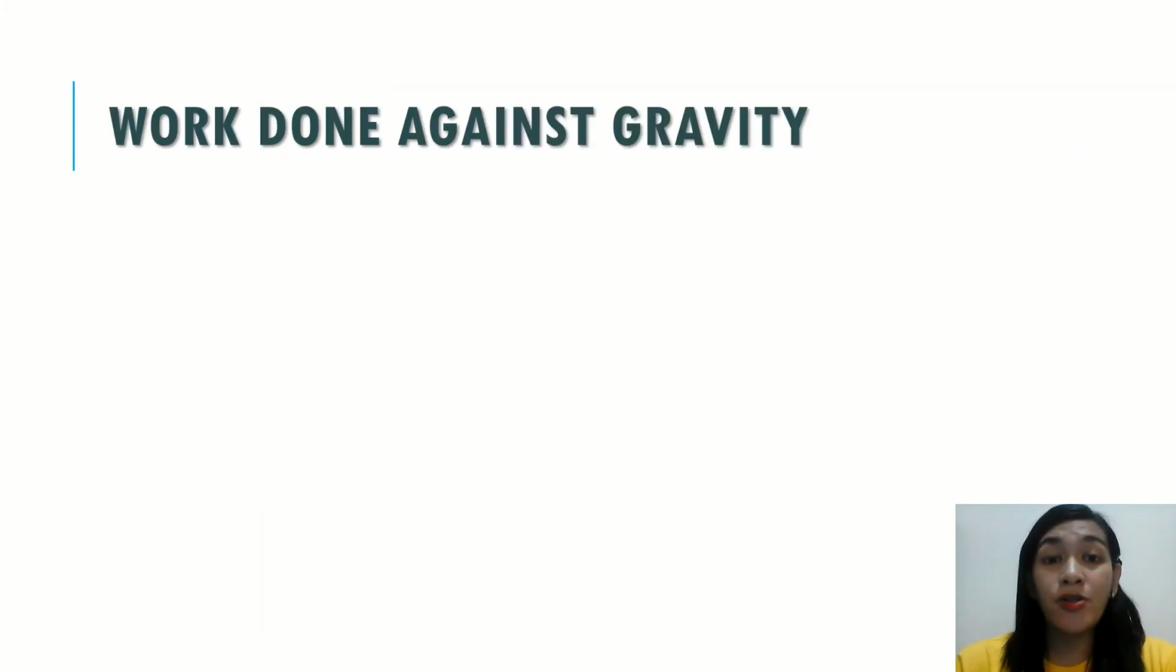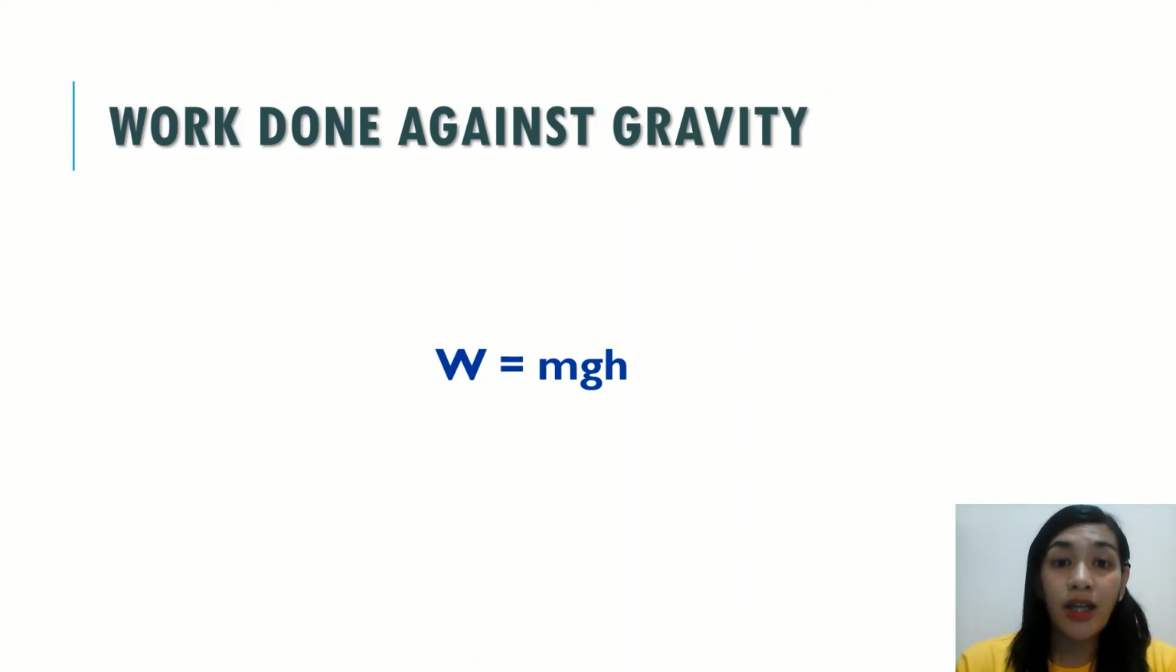Now, we could also observe work done against gravity. When a body is raised vertically with a constant velocity, the force that must be exerted should be equal to the weight and the distance traveled, which corresponds to the height when it is raised. So our formula for work done against gravity is W, or work, is equal to mgh, where m is your mass,